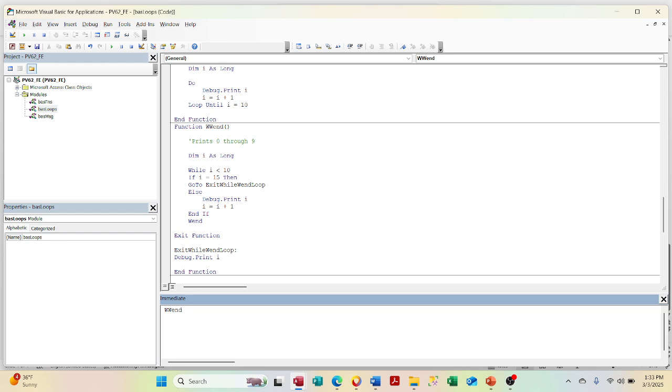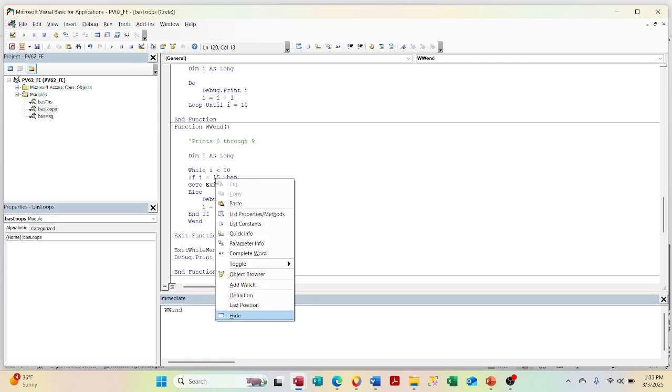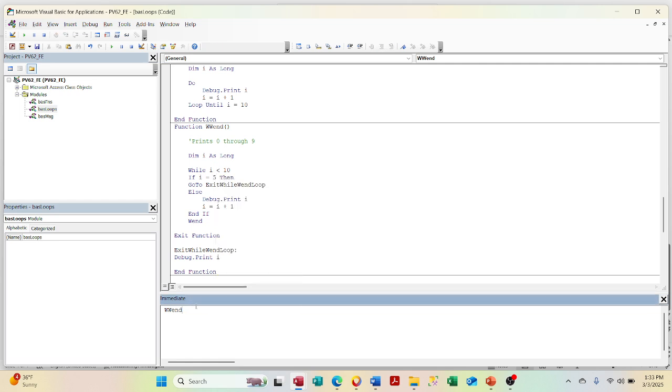Now, what happens here is, after it runs through the when loop, it then hits the exit function and it's all over. It's gone. And you see no debug print I at all, right? So to show you that that actually, in fact, does work, bring back the 5. Now it will exit at 5, and we should get 0 through 4 plus a 5. And we do. So whenever you have a statement like this, and in the previous example, we didn't need to have